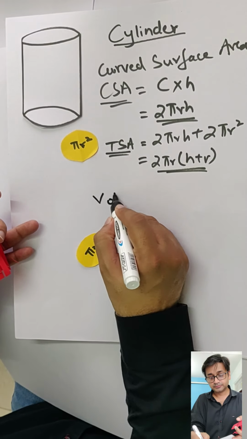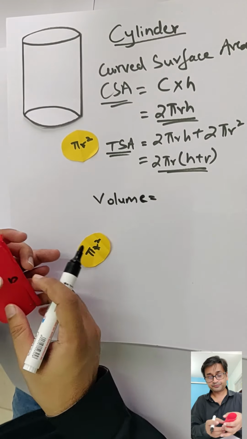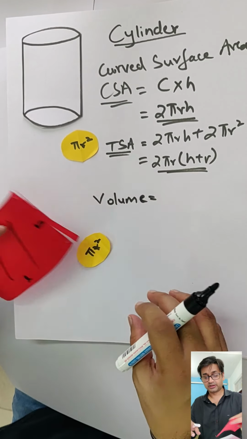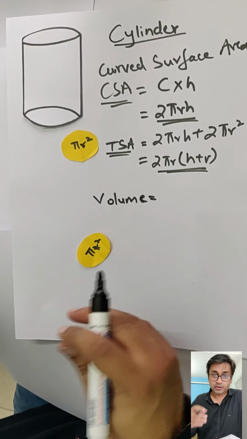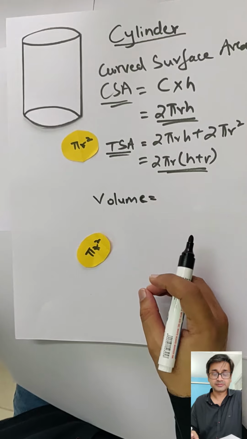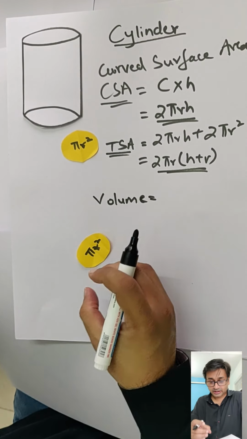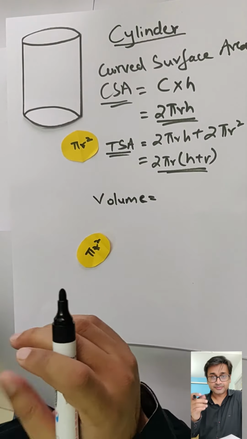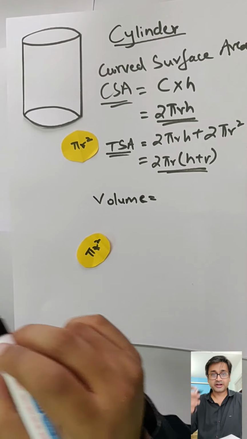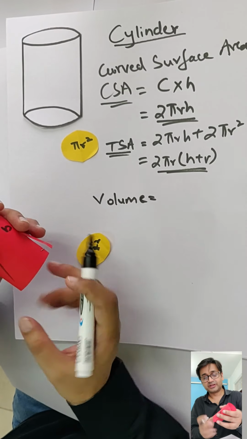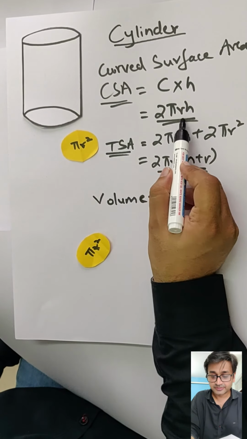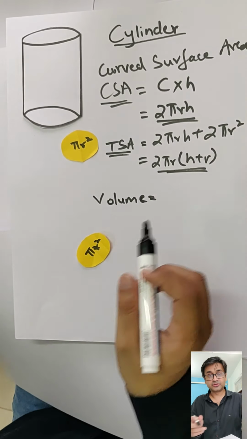Finally, the volume. So volume will be what? It's the inner space available. Now for volume, I want you to understand one thing. When you keep on stacking 5 rupees coins one on the other, what shape does it become at the end? Let's say if you stack 10 coins, it will become a cylinder. Can you see the cylindrical shape? Can you imagine that? So if you take one perimeter or one circumference and multiply it into height, you will get the curved surface area. Exactly, that's what is here. So 2 pi r into height is what you will get.